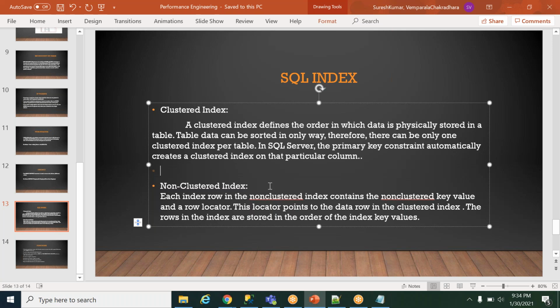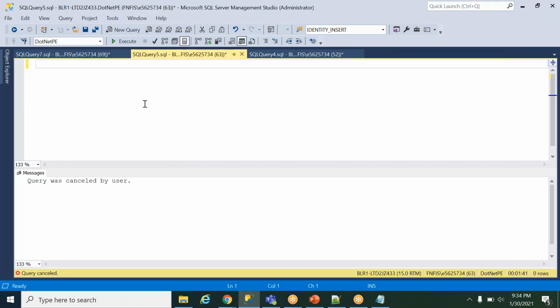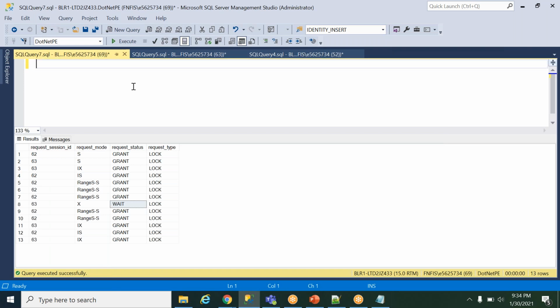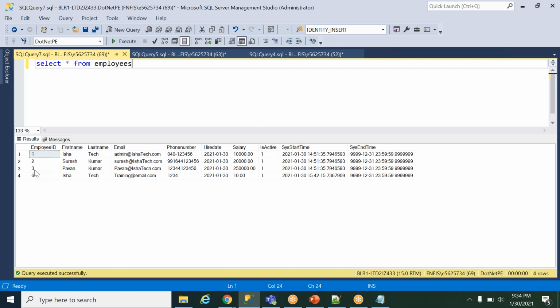For example, I have already created the clustered index on the employee table. When you check with select star from employees, you can find records 1 2 3 4 5 I have deleted, so only these two were missed, and 6 follows, so it is in one particular order.